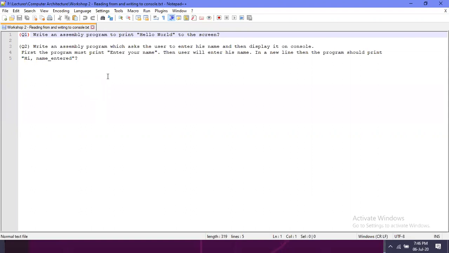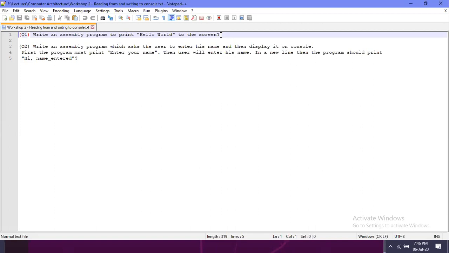In the first one, we are asked to write an assembly program to print hello world to the screen. You may have done this using high-level programming languages. It is very easy, just one command. In C, you just enter printf inside the main function, with hello world inside double quotes. That's it.